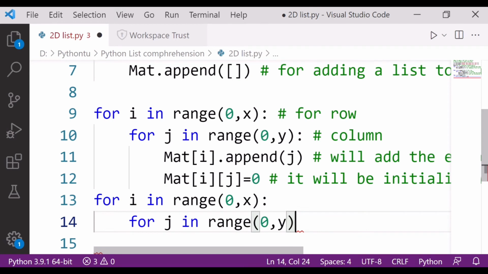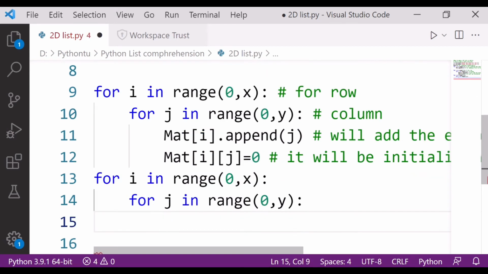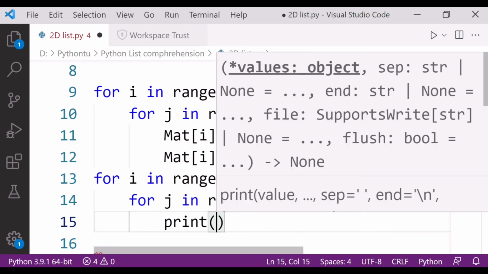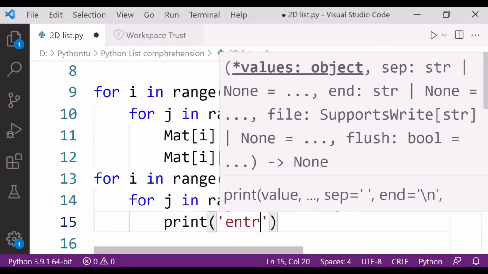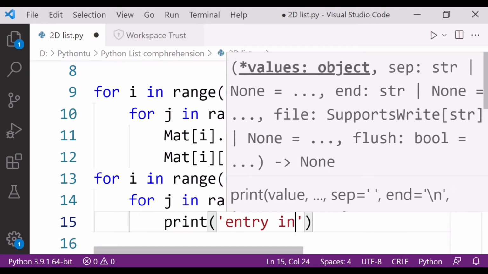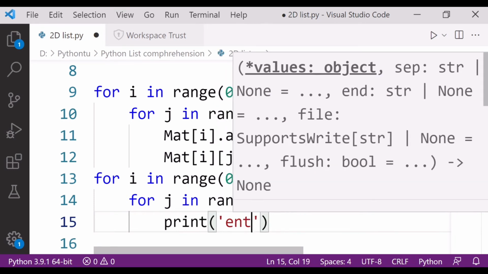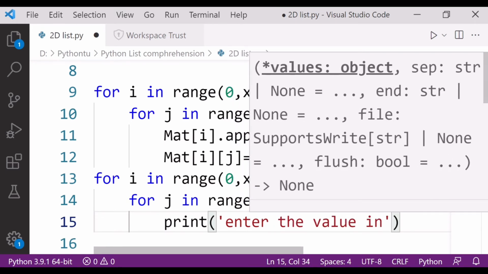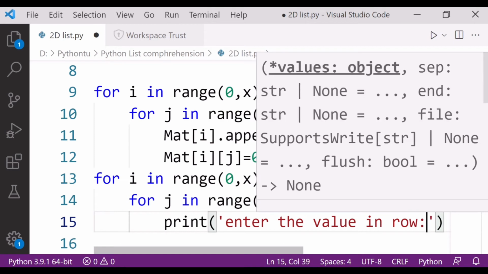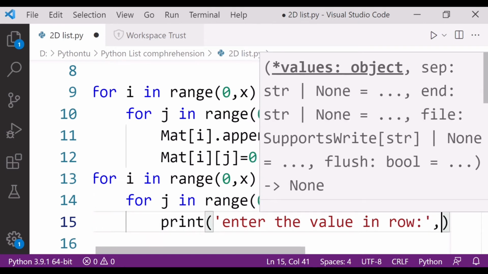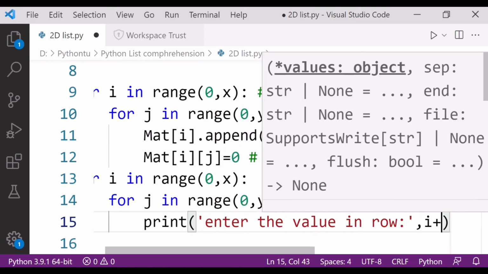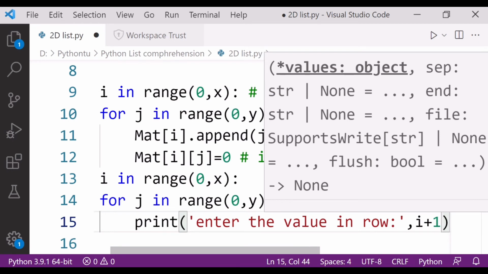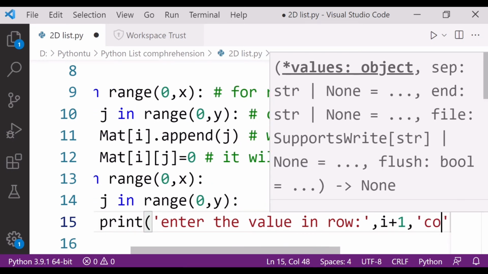Great. So what I have to print here now: print enter the value in row, that is i plus 1, then colon.